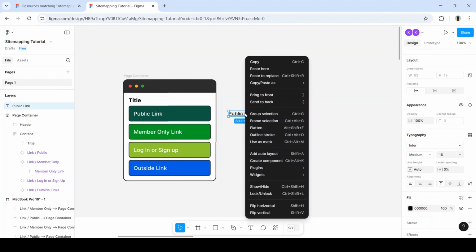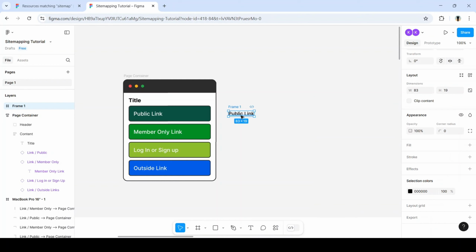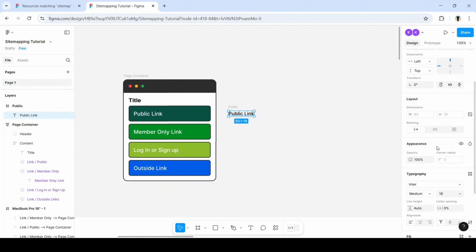Now if we right click, we can see an option here that says frame selection, right? It's more like wrapping it in a frame. And you see the shortcut there is frame selection. So I can name that, what should we name that? Like if you see in our left panel here, let's just call it public, right? Okay, and it's a frame now. So one other exciting thing we would want to do is